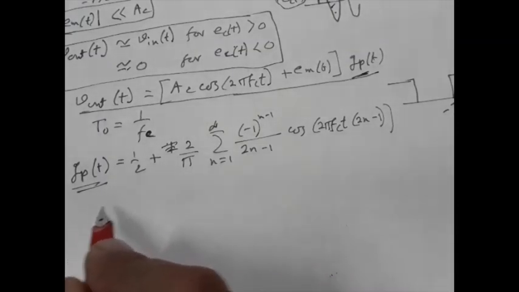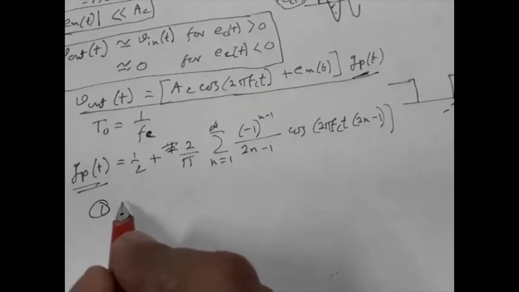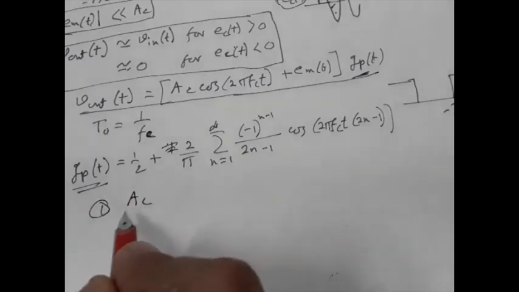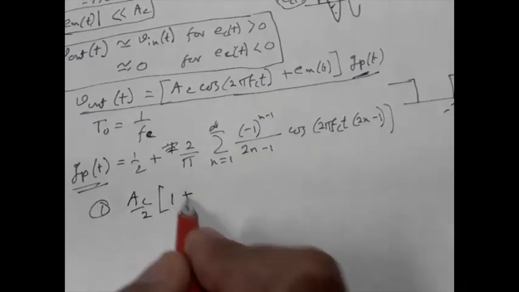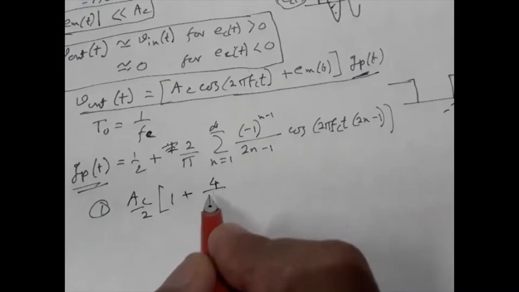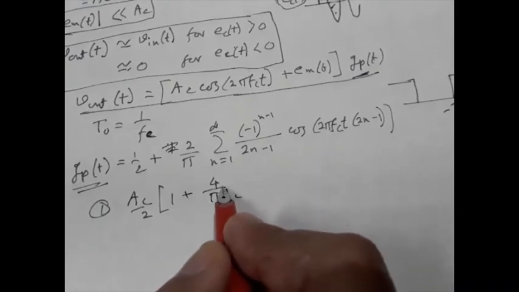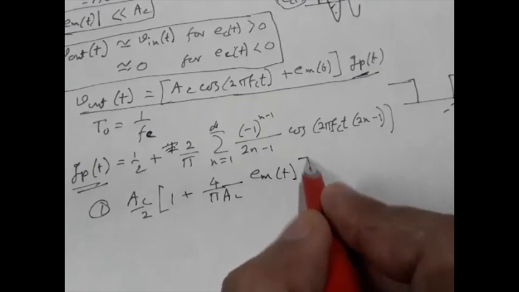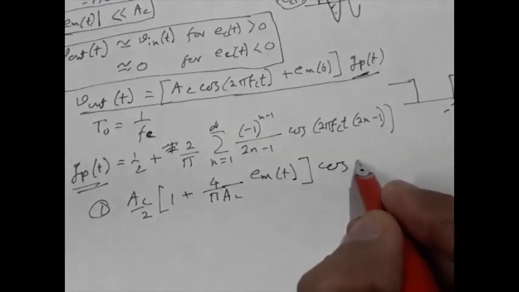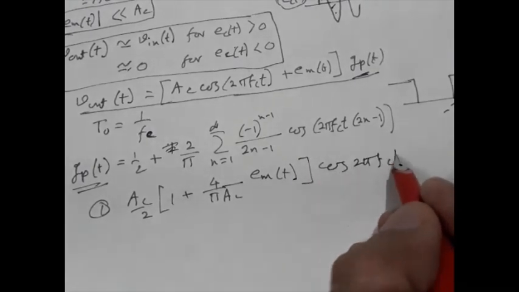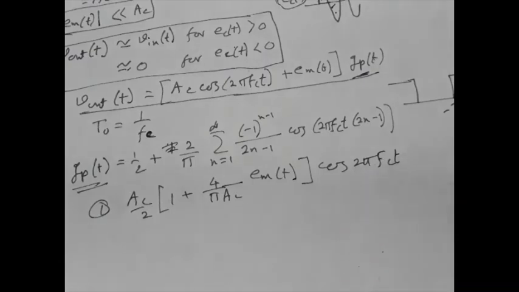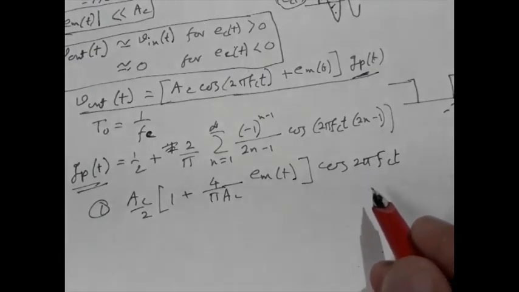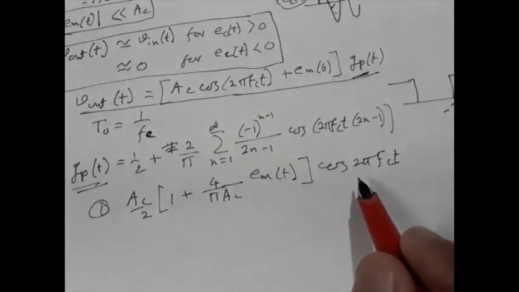The first component is Ac by 2 times 1 plus 4 by pi Ac into Em(t) cos 2 pi fct, which is nothing but the desired AM wave